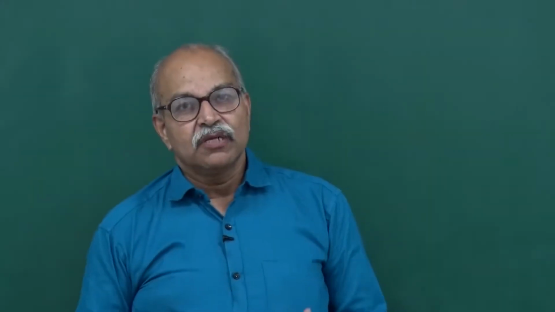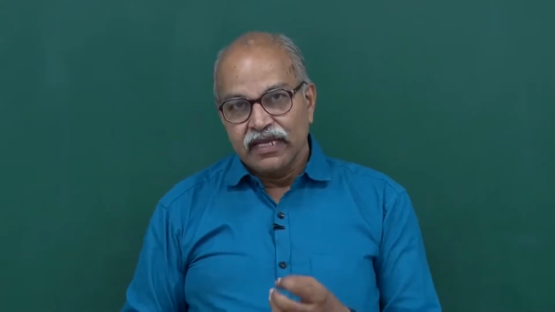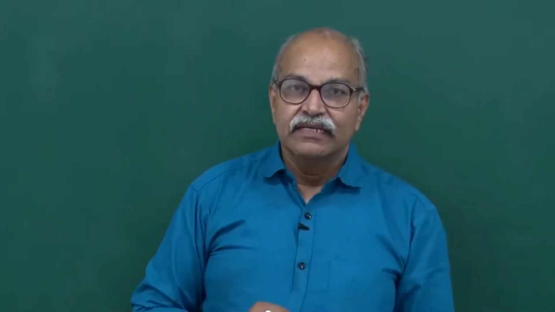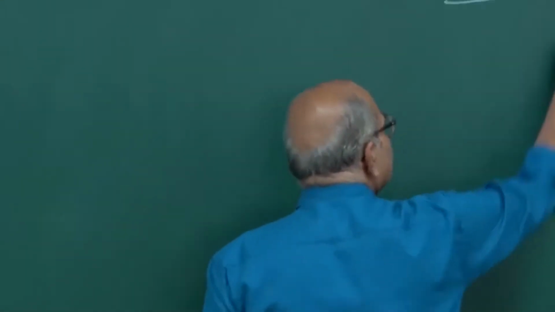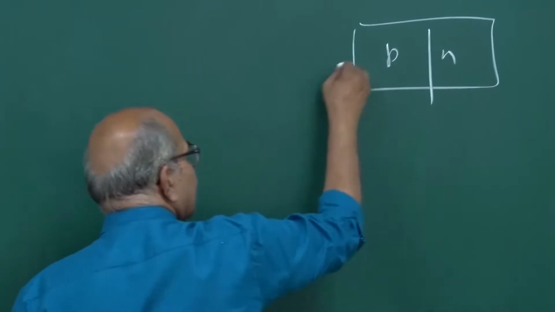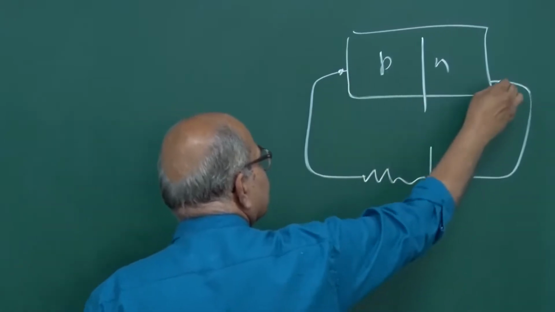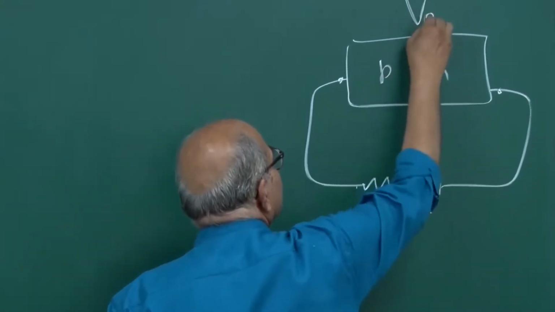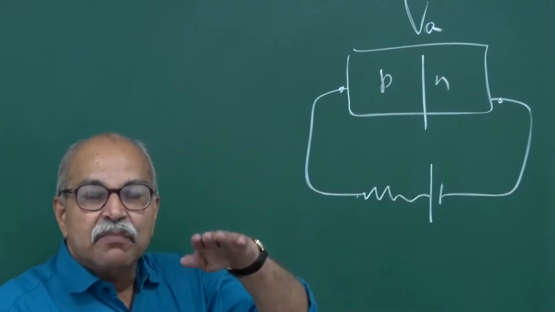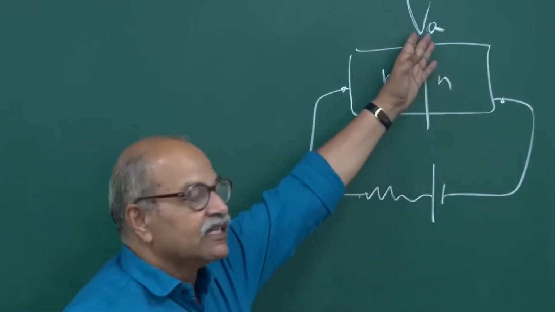So we talked about PN junction in forward bias, where you connect a cell with some resistance, etc. Higher voltage is given to the P side and lower voltage given to the N side. And then we saw that if you have this PN junction here and you connect a cell here, so that this is at a higher potential, this is at a lower potential, and this applied voltage is VA, that potential barrier is reduced by this VA.